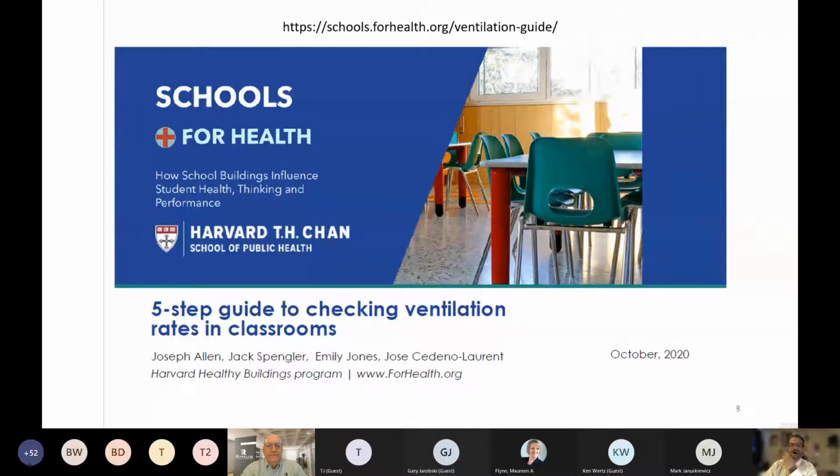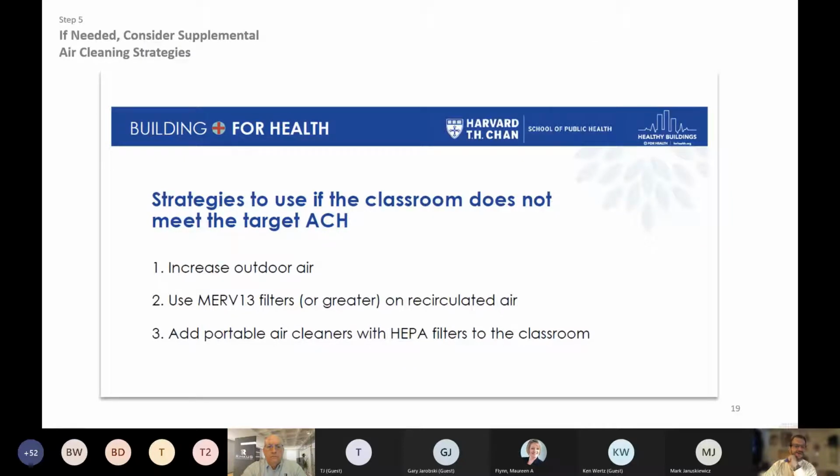Now, the Harvard School of Public Health has put out a 5-step guide to checking ventilation rates in classrooms. And the three main things that they talk about are to increase the outdoor air, to use MERV 13 filters wherever possible on the recirculated air, so that would be inside the air conditioning systems, or MERV or HEPA filters inside room air purifiers that are